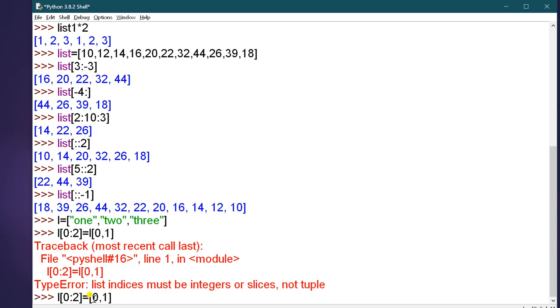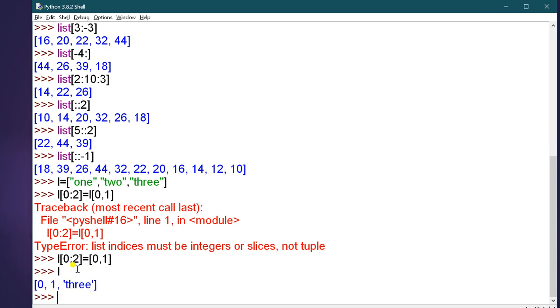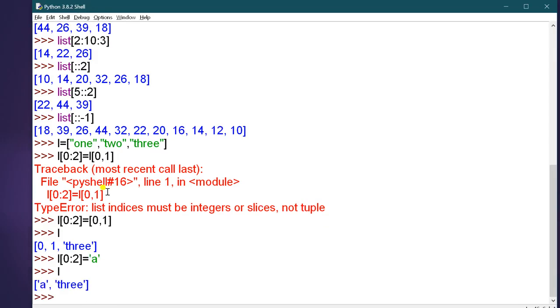Do not use it. Okay, now just print the L value, so it will replace 1 with 0 and 2 with 1. Okay, one more thing, if you write L[0:2] with any string, then print the value of L, it will give you the result A and 3.